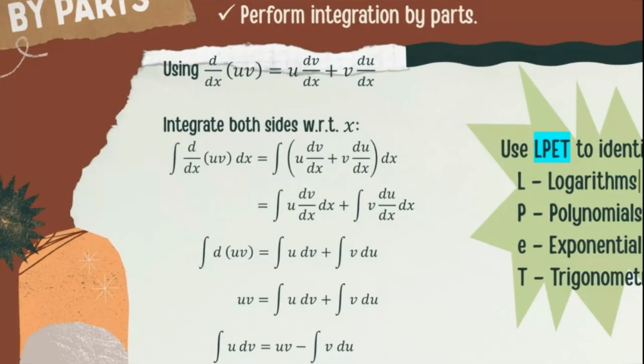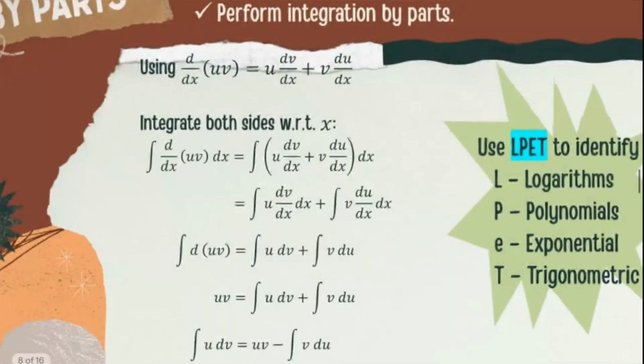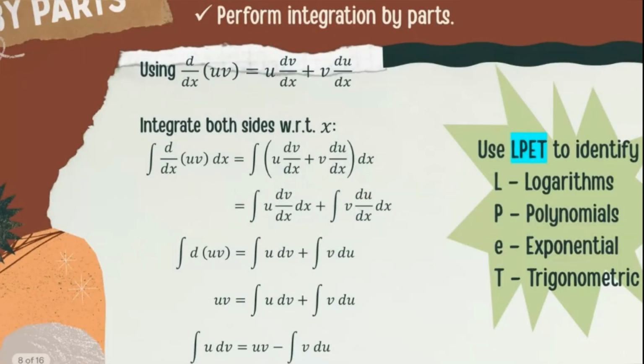So in case ada yang tanya, kenapa dia tiba-tiba integration by part? Okay. So if you still remember product rule, UV, kita akan tulis apa? UV prime plus VU prime. Ataupun VU prime plus UV prime. Okay, ni terbalik pun tak ada masalah lah sebab kita punya operation kat situ adalah plus. Okay, so from this formula, so untuk terbalikkan dia, kita akan integrate d over dx of UV with respect to